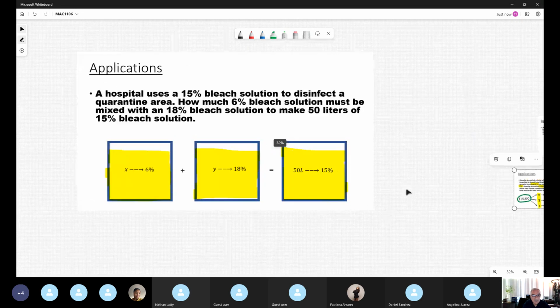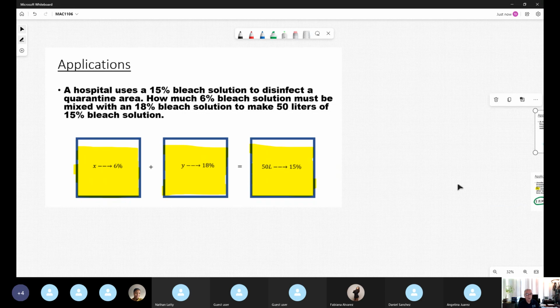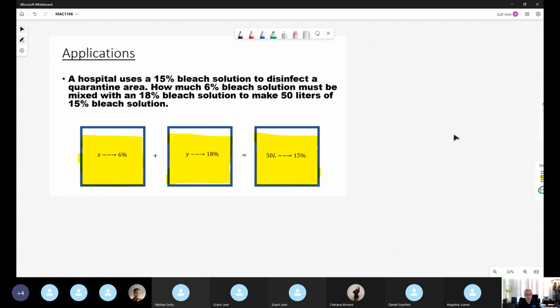Okay. This is the classical one. Now with the coronavirus in the hospital, I need to disinfect something, no? So in the hospital they are using a 15% bleach solution to disinfect the quarantine area. However, we have available another concentration, it's not enough or too much. We have one container, is that one,